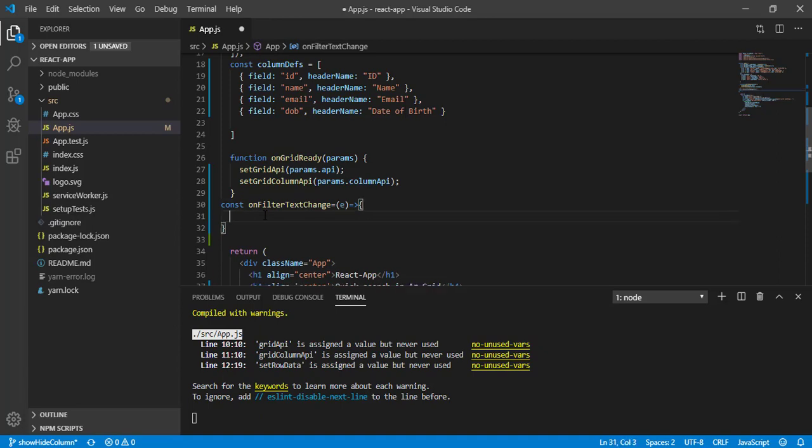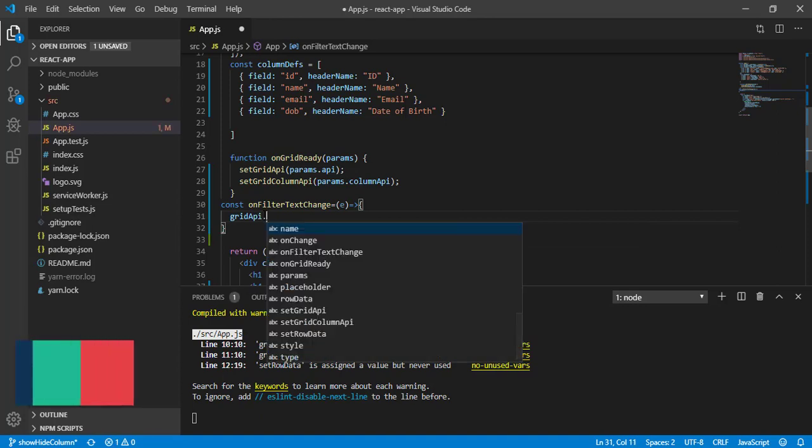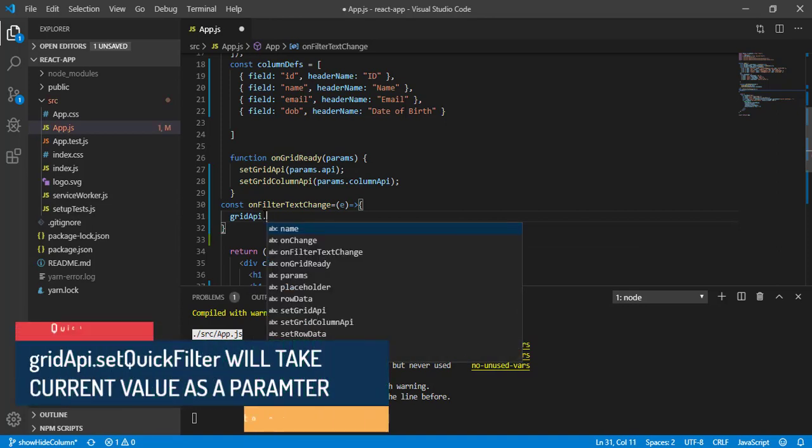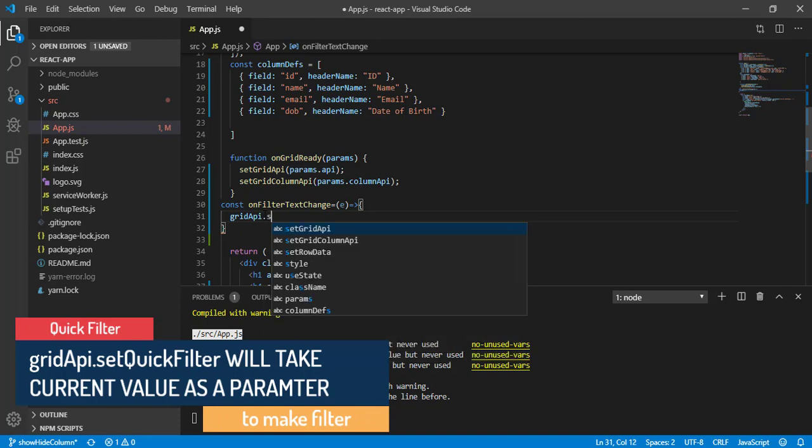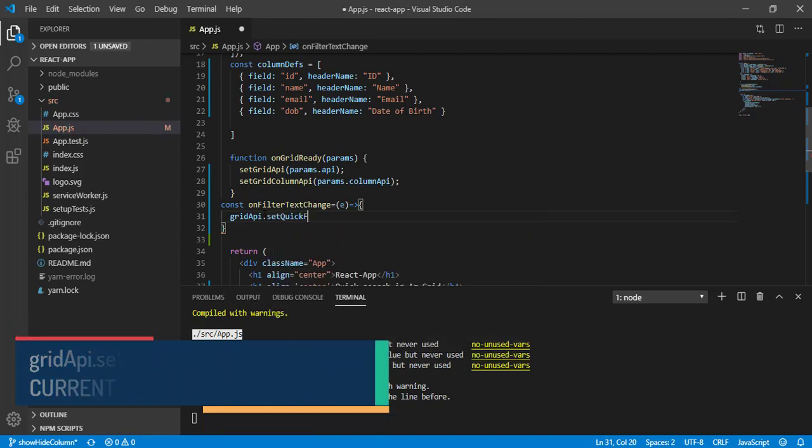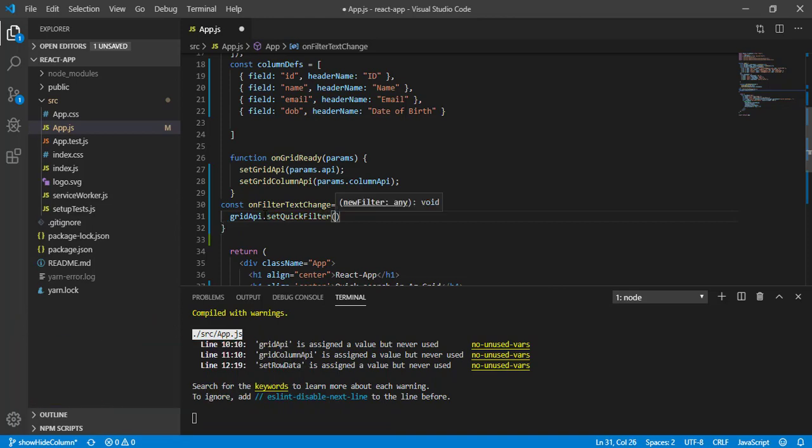So gridAPI dot, and what is the function we are going to use? setQuickFilter. Now this is going to take the text you are typing.